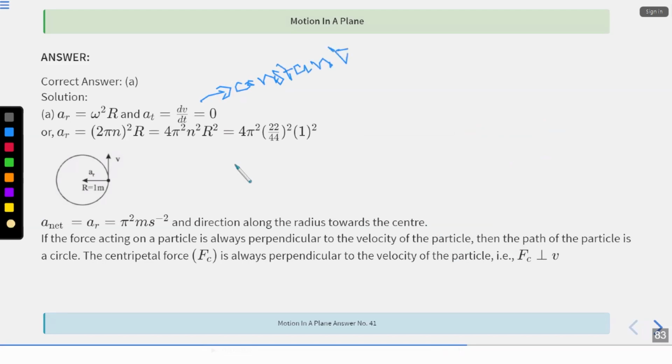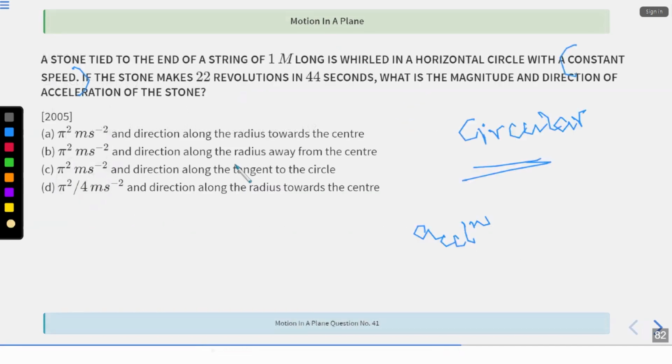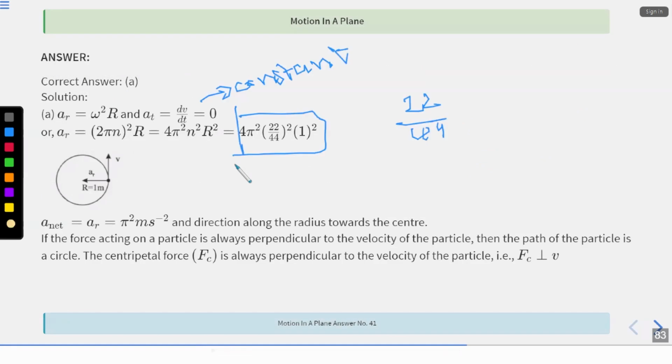And a_r, you can just substitute the values. Omega square is nothing but the revolutions made, so you'll put it in as 2 pi n square r. Then you simplify it and you'll get this. Why is it 22 by 44? Basically, 22 revolutions are done in 44 seconds, so you'll be taking it as that. So again, a net would be pi square meter per second square, and the direction would be along the radius towards